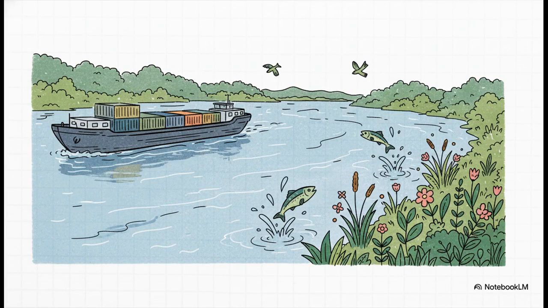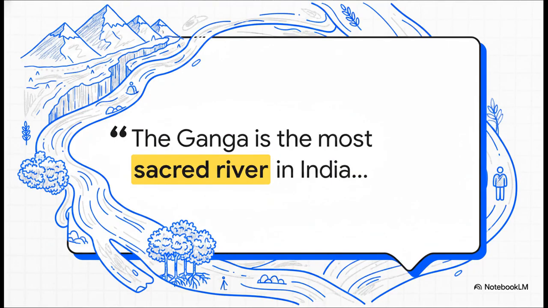Because it's alive and under immense pressure, it requires aggressive protection. We now have massive frameworks, like the National Ganga Council, chaired by the Prime Minister, tasked with trying to reverse severe pollution. Yet, simultaneously, the river acts as National Waterway 1, which is the longest inland commercial waterway in India. It is the ultimate modern paradox, right? How do we heavily utilize our longest waterway for massive economic gain while keeping a legally recognized living entity off life support?